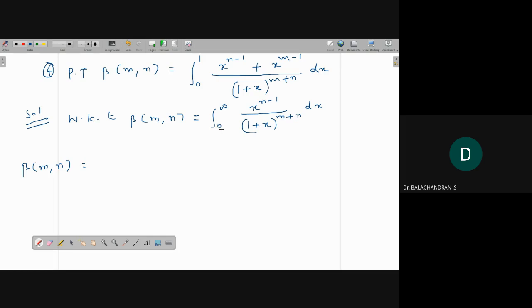I am going to split this integral from 0 to 1, because I need 0 to 1 as the final answer. So that's why I'm going to write 0 to infinity as 0 to 1 and then 1 to infinity. So 0 to 1, the integrand is the same, x power n minus 1 divided by 1 plus x whole power,